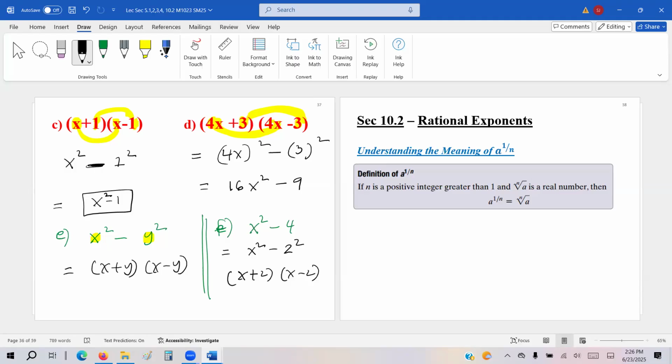I'm sorry, just on the last one you did, you get x squared minus what? Why? Our goal is to have two perfect squares. So that's how you want to solve the question. So 4 is 2 squared. So we want to see the squares. In 4, we don't see the square. So rewrite so that you can see the square. Why don't you see the square? Because we can only use their bases. So only if you have a square, if you have anything squared.